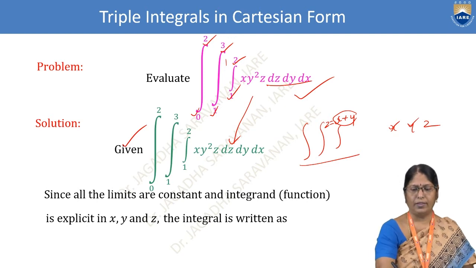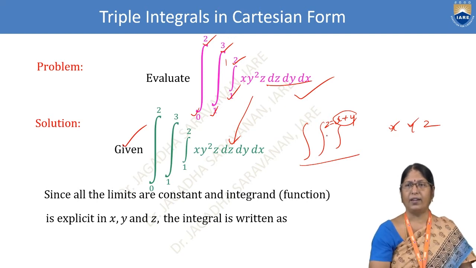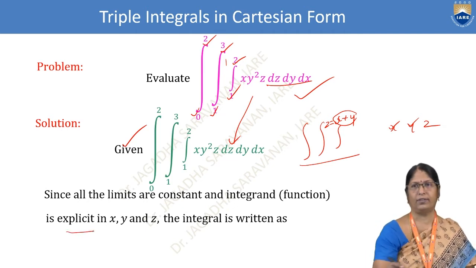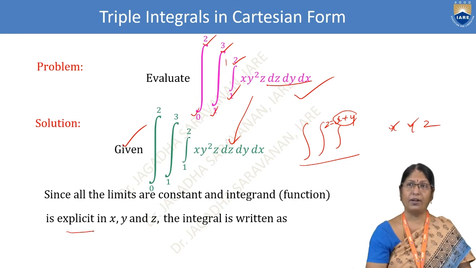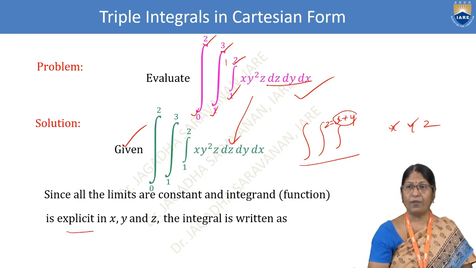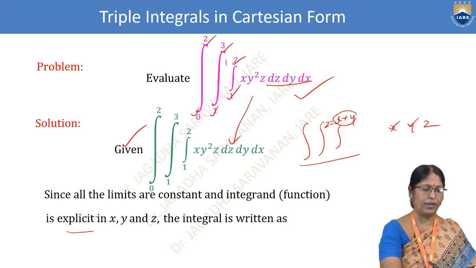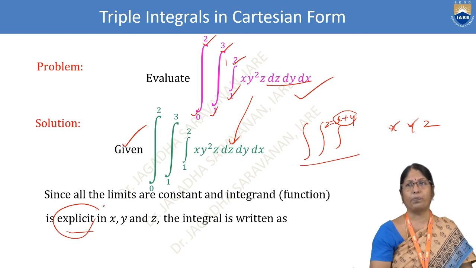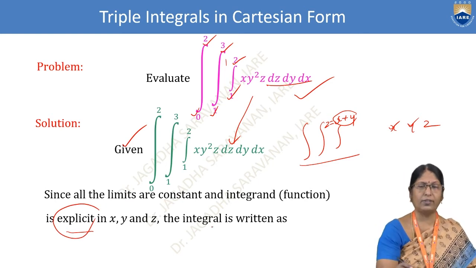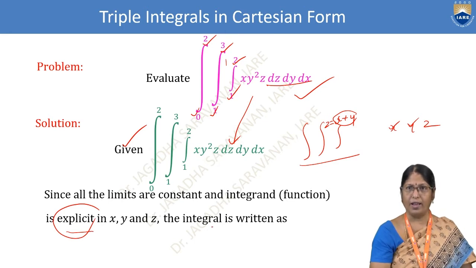If this dependent z is written in terms of x and y, that is explicit. That is, the dependent variable is defined as a function of the independent variables, then we can say we can use it explicitly. Now this integral is written as,